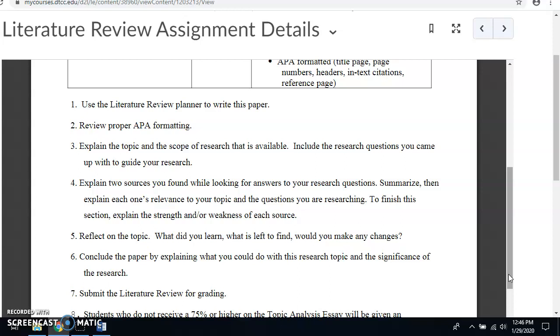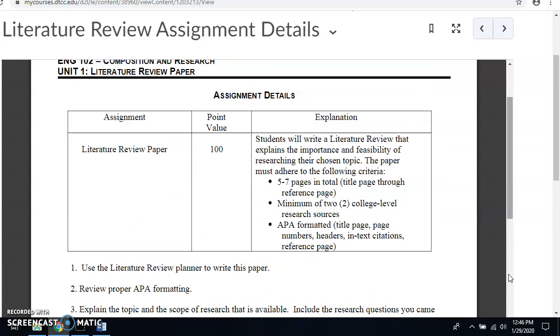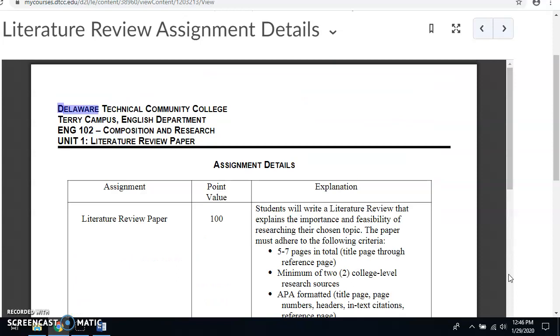And there will also be a section of the paper where you reflect on the topic. What did you learn? What's left to find? Would you make any changes? Finally, your conclusion is going to drive home that persuasive message that you could do a lot with this research topic, and it's important and significant for people to understand where you're coming from and why you're informing the reader about this information. So those are the basic areas that are going to be covered in the literature review paper,